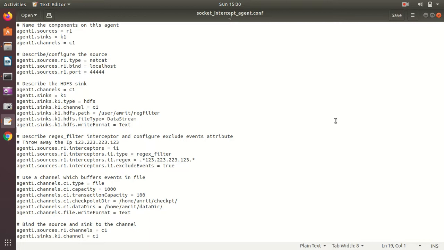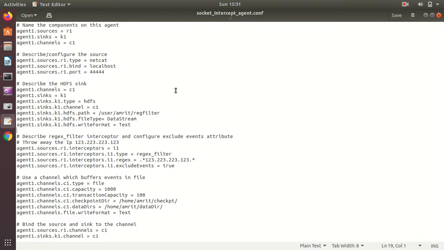For this little demonstration, you can see I already have this configuration file ready. It's the simplest file we can have, because if you have gone through the previous videos which I've uploaded in this playlist of Apache Flume, it will be just a walk in the park for you. In this scenario, the source will be netcat, the channel will be file channel, and the sink will be HDFS.